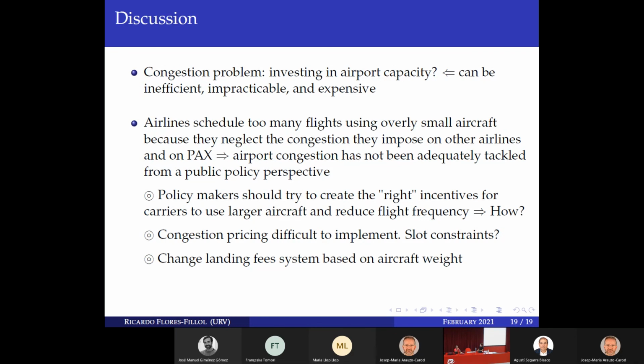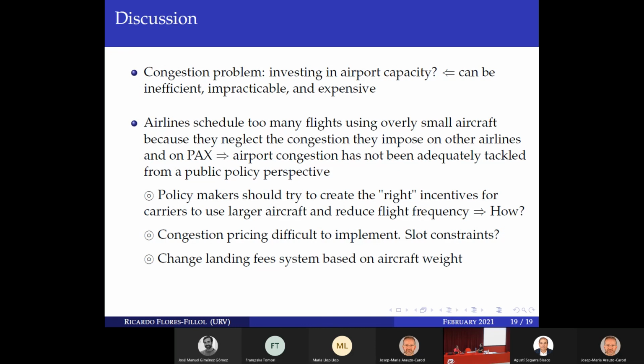And just to finish, as we are very late, but as you made some comments about this plan for expansion in the Barcelona airport, what do you think about that? Because typically it's a debate, because typically people, institutions, governments favor all this kind of public investment, but now we are in a situation in which most of the public institutions in Catalonia are against this investment. So what's the point about that?